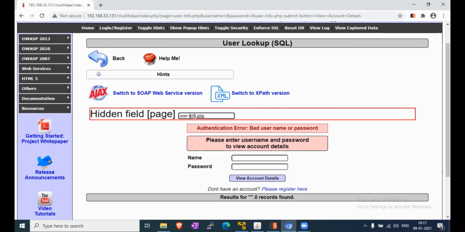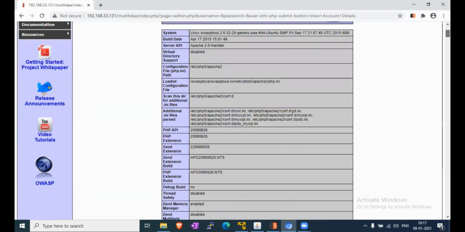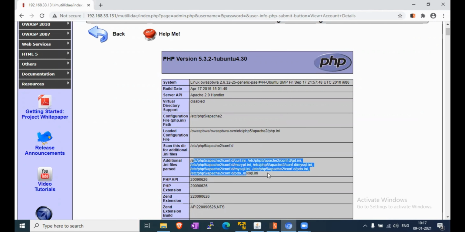Here, if we change the user info and put in admin.php and press enter, we can see all the user information, PHP version, config file.